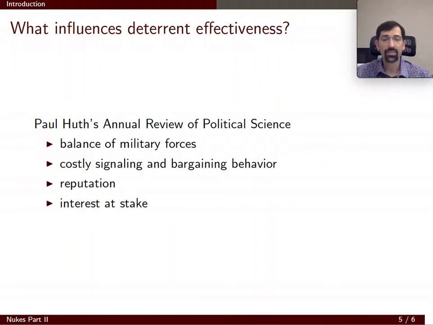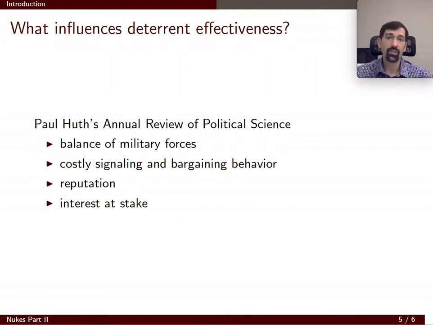Costly signaling, in this case, is not just simply saying, oh, we'll use weapons. This could be, in a nuclear context, deploying weapons forward, making sure of mounting weapons into delivery vehicles, demonstrating or flying within close proximity of someone's airspace with a nuclear armed capability. These are costly gestures that help signal to the other side the seriousness and the tone of the other country. Next, you can have reputation. This gets interesting, in my opinion, when we think about a state's reputation and a leader's reputation within a state.